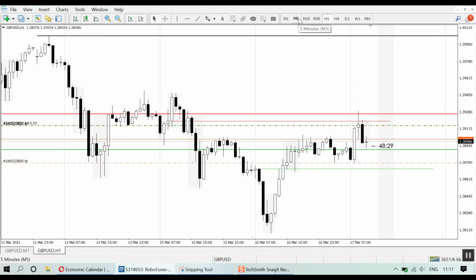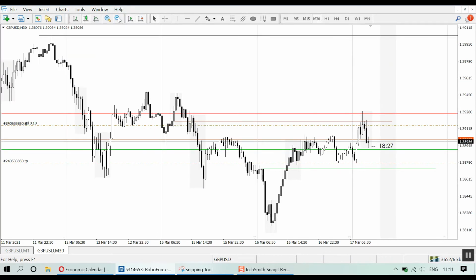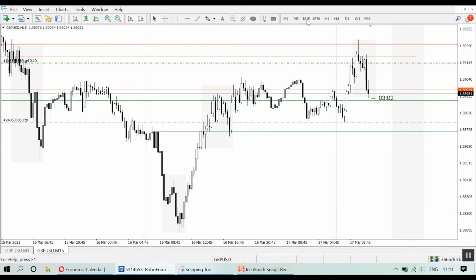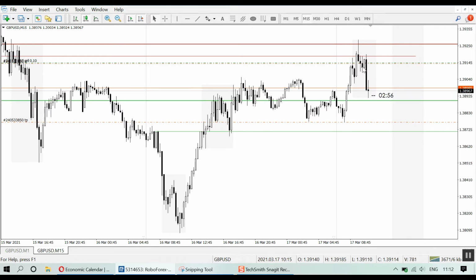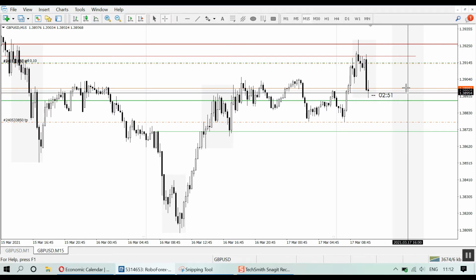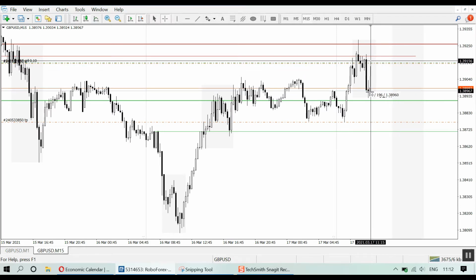Okay, so if we go over to the 30-minute time frame, we're going to see that we're having perfect touches both to the bearish order block from the daily time frame, and also multiple touches to the hourly bearish order block. If we switch over to the 15-minute, we're going to see that we had this high being created, right? Then the market started to create bearish candles. We had one attempt to go higher,